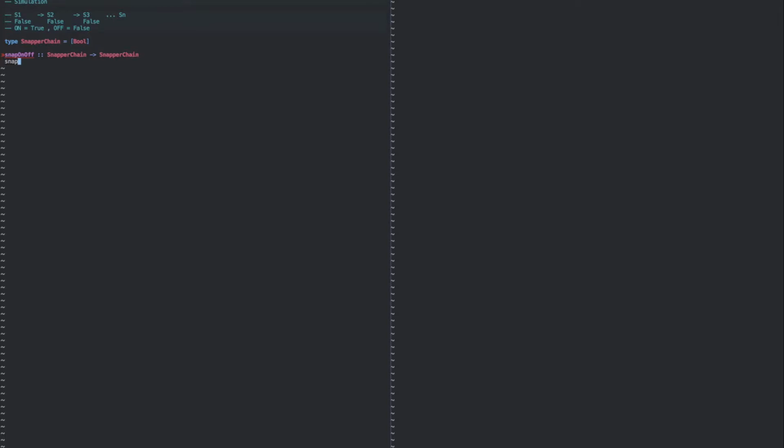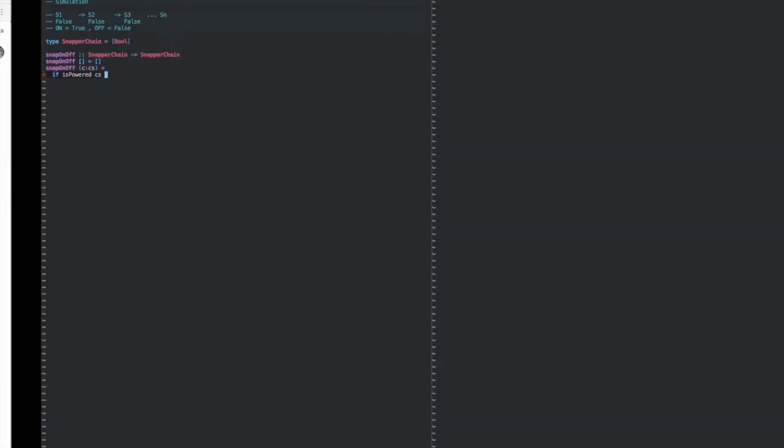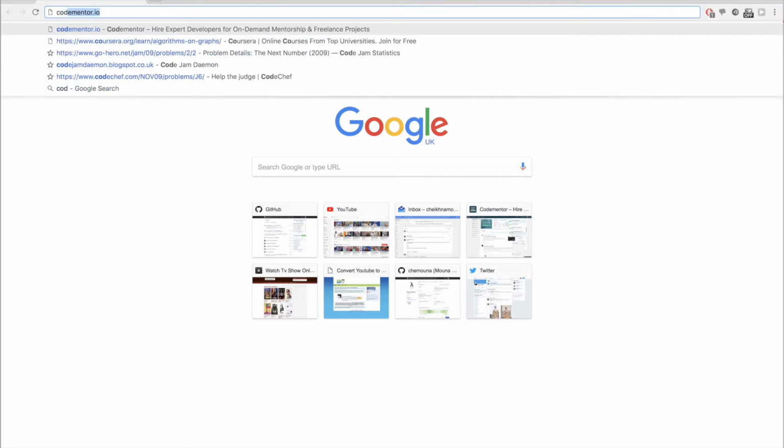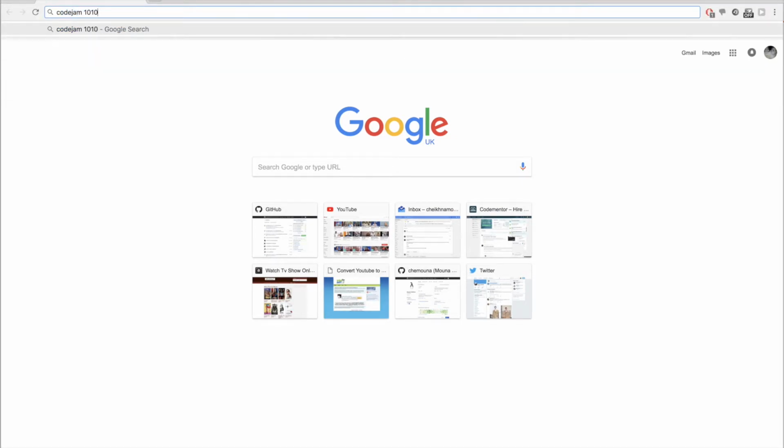First, if we have an empty list, nothing would change, we would just get an empty list. Now if we have a list, let's say the first element is C and then the rest, we would check if it's powered, then that means we can toggle it, as the description of the problem says. So if you take a look here at CodeJam 2010 snapper,